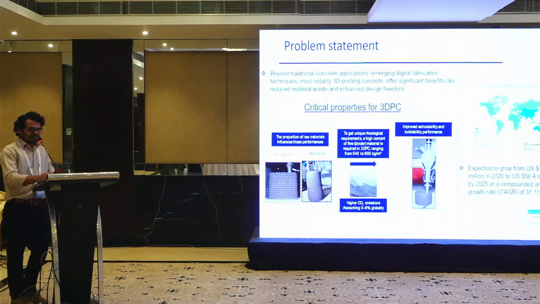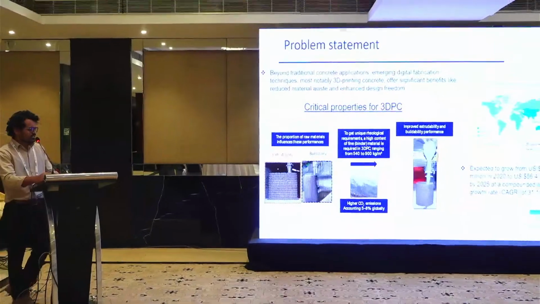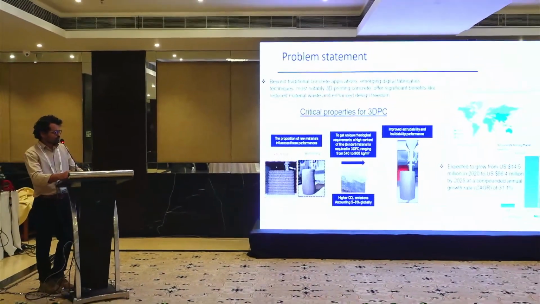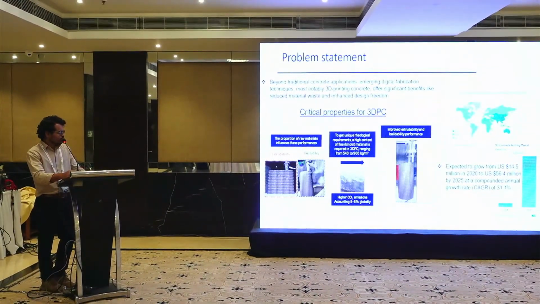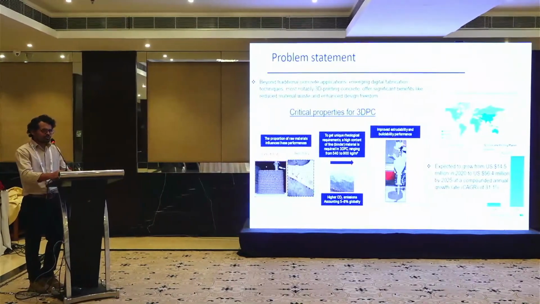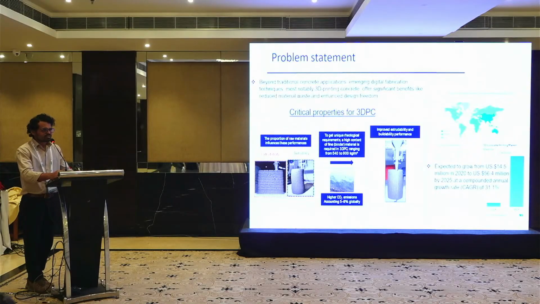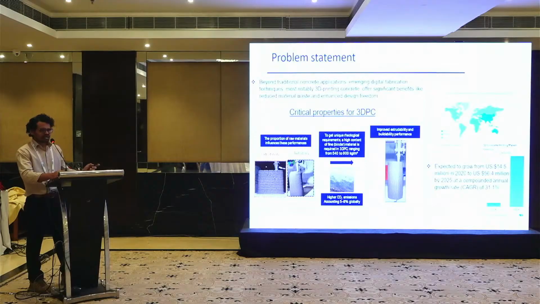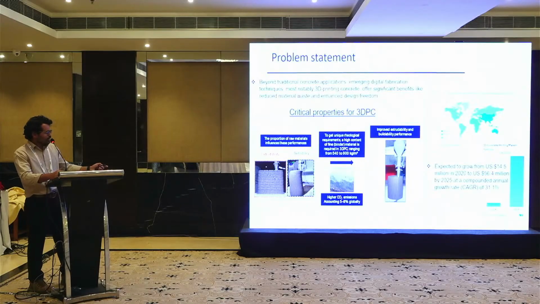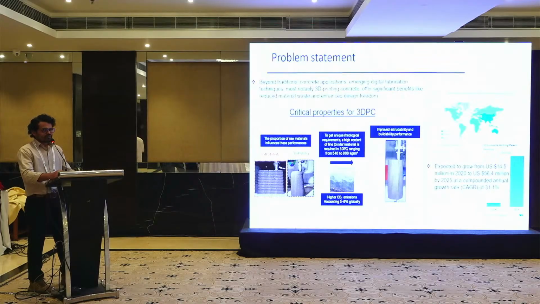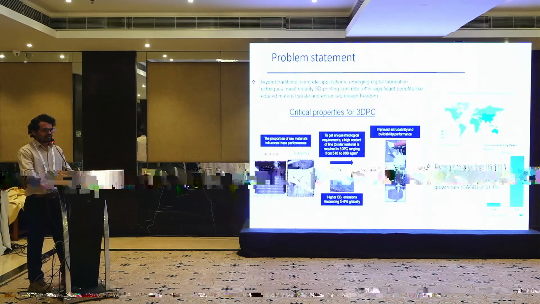In parallel, 3D printing concrete is also growing in the market, and by 2029 it is projected to grow by 31%. It requires a huge amount of fine material, 400 to 900 kg per meter cube. As binder production is a carbon-intensive process, it contributes 5 to 8% of global CO2 emission. And for reaching the properties of extrudability and buildability, the requirement for reactive material is very important,